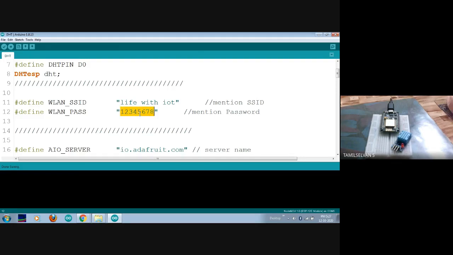Sometimes if it is an open access network, then you just give a double quote alone, or you can even hide the complete line. Suppose you don't have any password; and if you have a password, you just enter the password here in the double quotes. So this is your Wi-Fi LAN's password. After giving these credentials, it will give you the internet connectivity for your controller. It is not going to connect to your cloud. It is just going to give you internet connectivity alone.